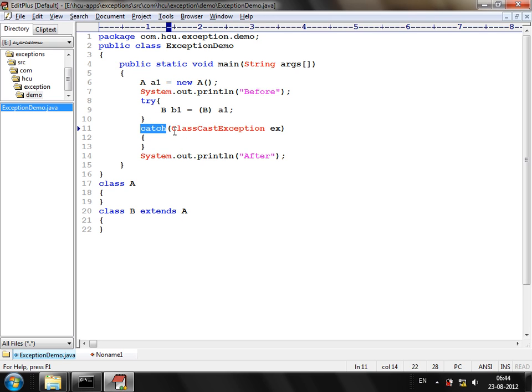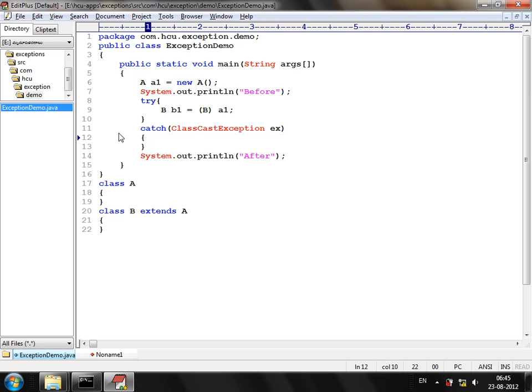The catch block will take the exception class as an argument. Okay? Now,